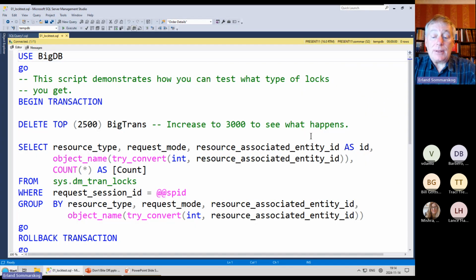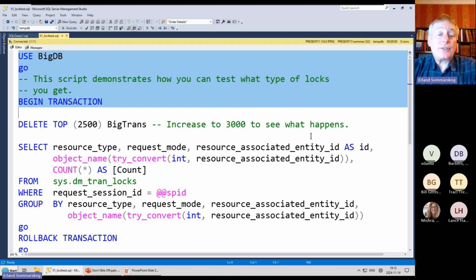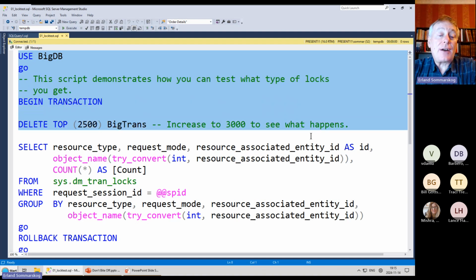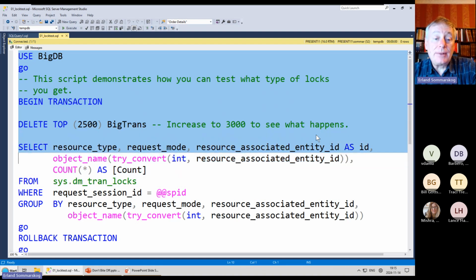So here I've got a database called BigDB. This is the demo database for today. And I'm going to start a transaction, and I will delete 2,500 rows from a table called BigTrans that I will come back to a little later. Then I'm running this query from sys.dm_tran_locks. I'm looking at the resource type,